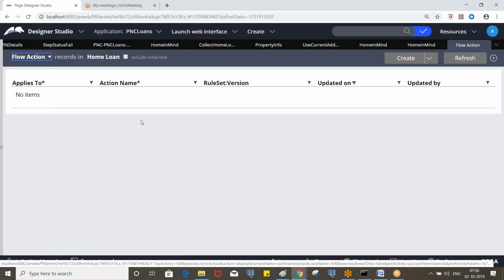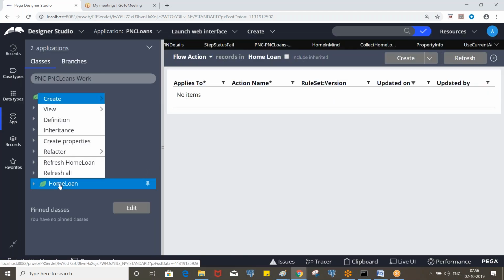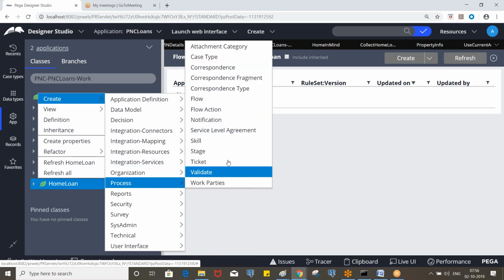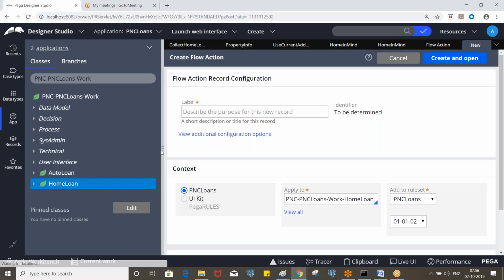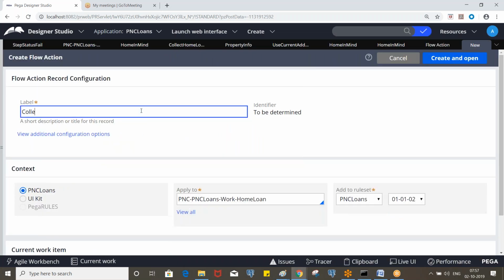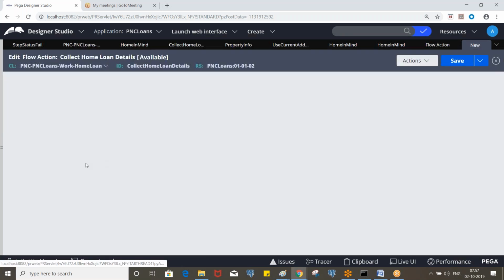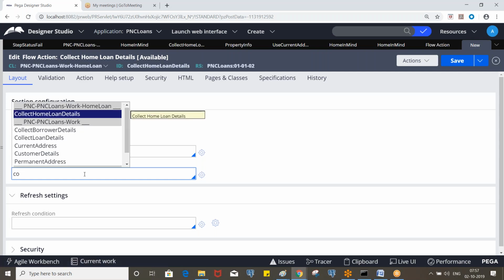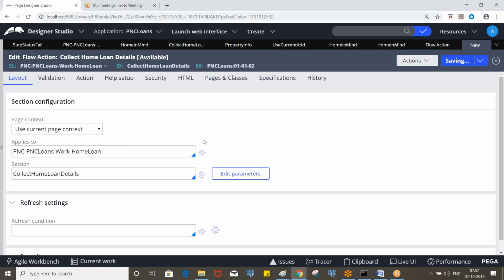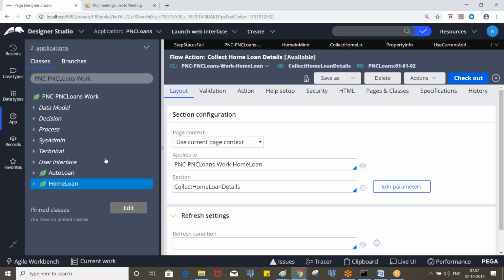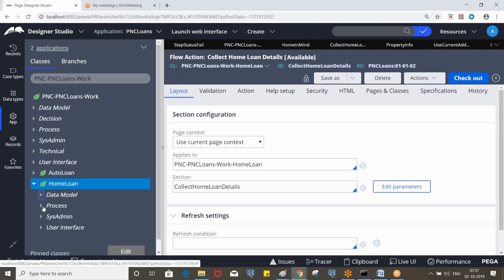Collect home loan details. Okay, so invoke the section. Now go to the home loan flow and invoke the flow action.